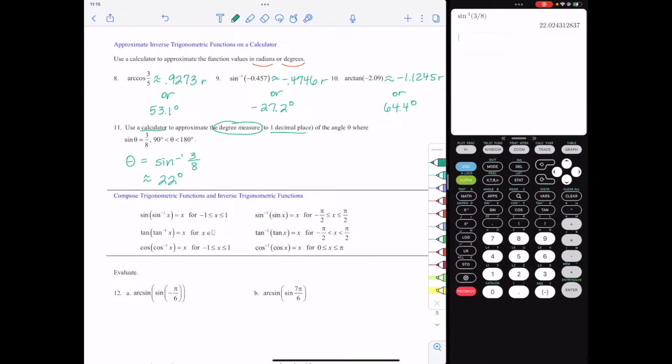Okay, so now 22.0 or 22. So now let's take a look at this quick little graph here. And the sine is positive in quadrant 1 and quadrant 2. Now, this is providing 22 degrees, which is not between